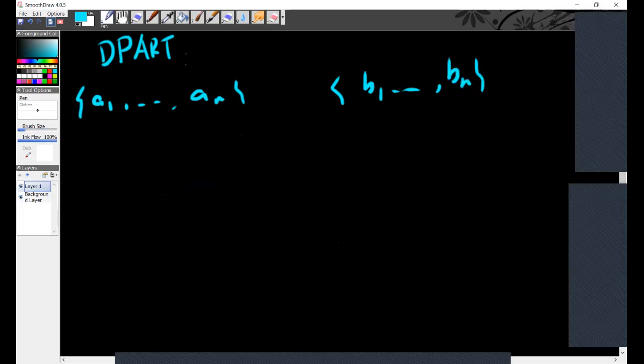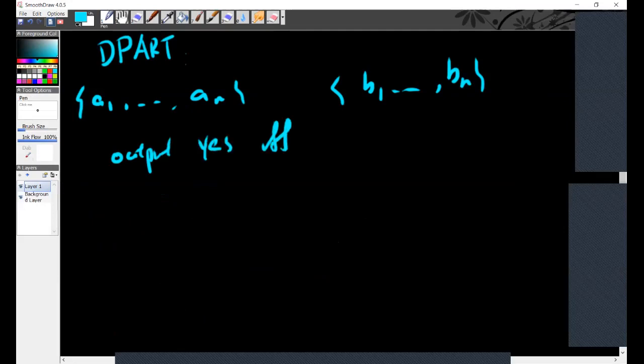All right. So the next one is departition. I think you should think of it as disjoint partition. Basically, this time you're given two sets, A1 to AN and B1 to BN. The idea behind this question is, if I have these two sets, and they're disjoint from each other, the goal here is to output yes